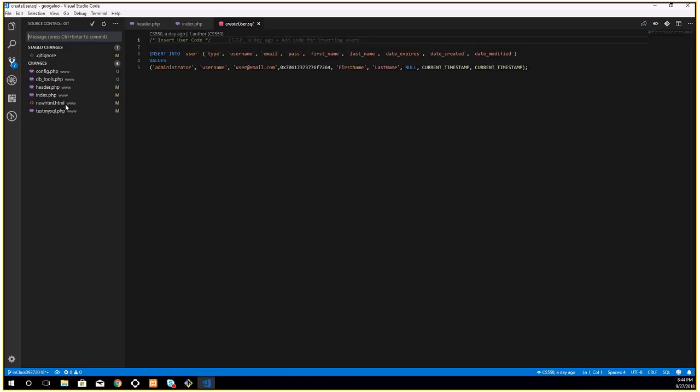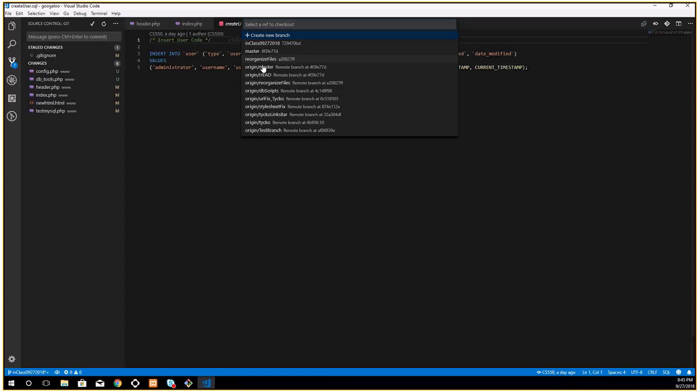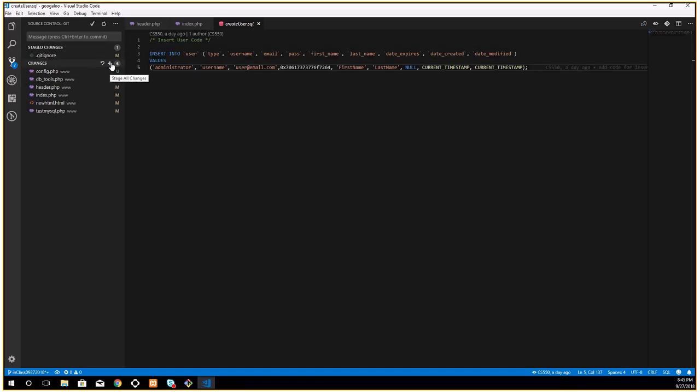I'm gonna actually do it through this, which might be easier for people. So you can see down here, it tells you what branch you're on, and you can click that, and it'll give you all the branches and remotes. You can switch there or do a new branch. So I'm gonna go ahead and stage all the changes, and then I'm gonna say added files from 27 2000. And then you hit control. You can either do this or control,